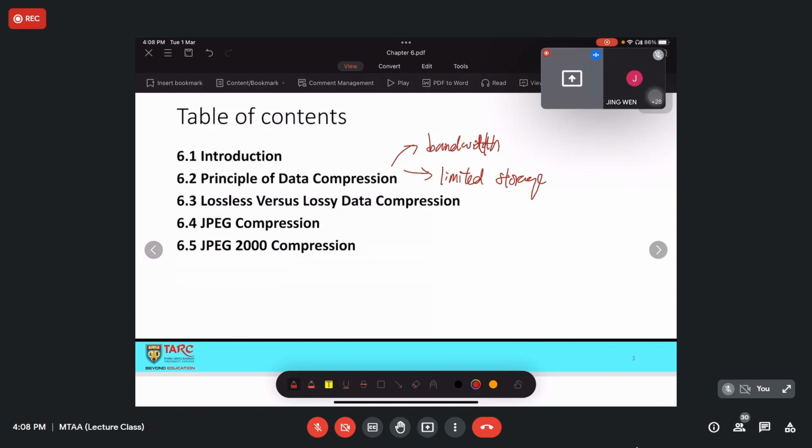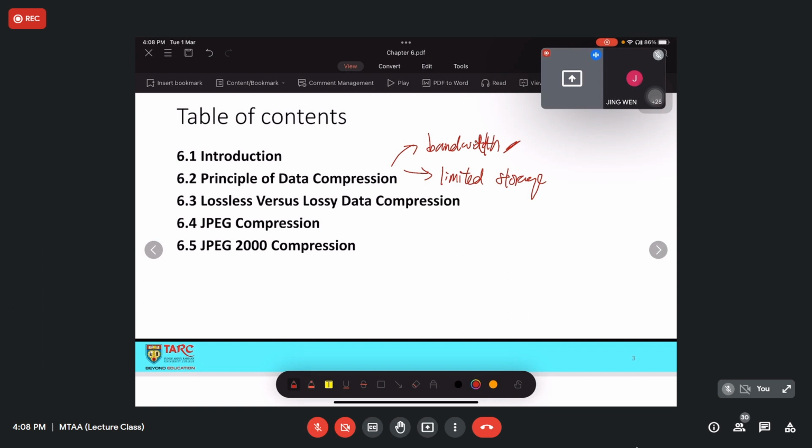it is inevitable that we will send data or any other media, for example text, video, or data in any other format to another person. By sending the data to one another, we need to transfer the data, which involves bandwidth.